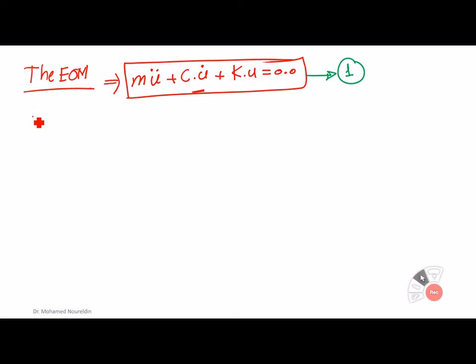This means that the solution of this equation is going to be solved also mathematically, and if we solve it from the mathematical point of view, we're going to find that u of t, which is the displacement at any time, can be described as a constant d times e to the power p t,